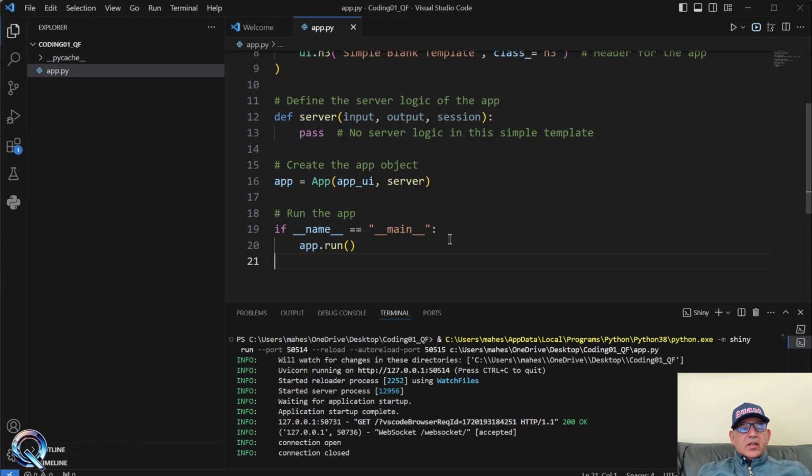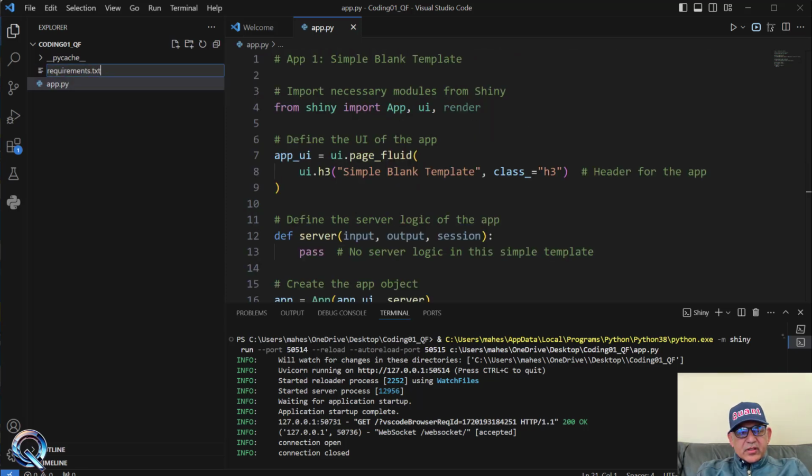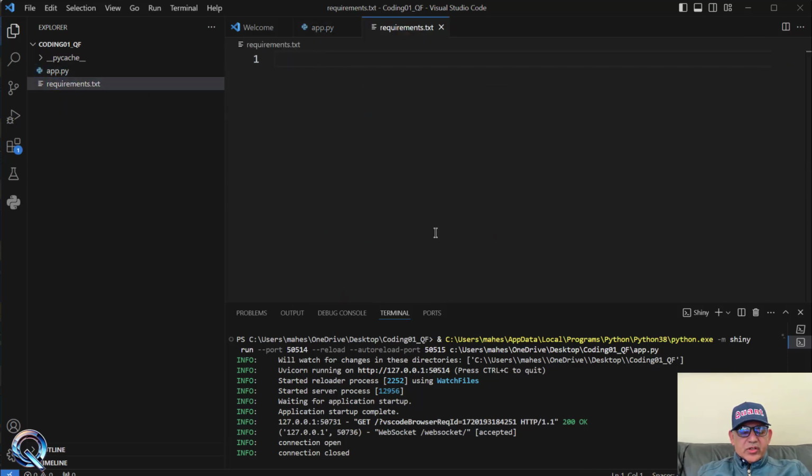So once we have done that, it is always a good idea that we also create a requirements.txt file. In this file you will include all the libraries that you will be using. So for example, here we are using Shiny, but if you are using pandas, matplotlib, all those you will also include. I just included these two extra for clarification purposes. All the libraries that we are using will be included here, although in this template we are only using